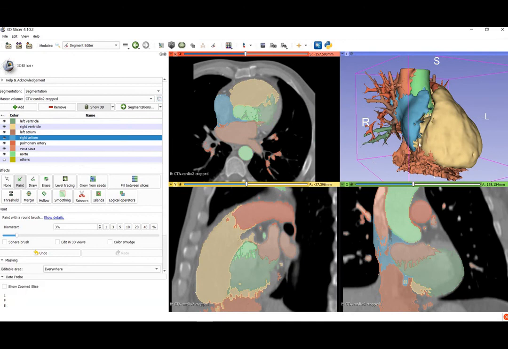To edit in the 3D model also, you can edit by pressing edit in 3D views. So you can observe here, you can edit here. Like this you can refine seeds.